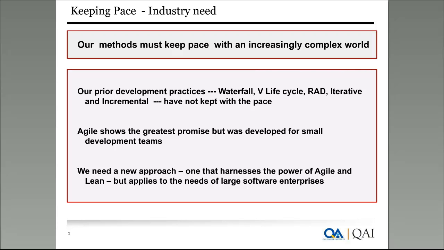So Agile, which has been talked about for the last one to 1.5 decades, has shown the greatest promise of addressing this need of responding faster, being agile and focusing on delivering value as quickly as possible